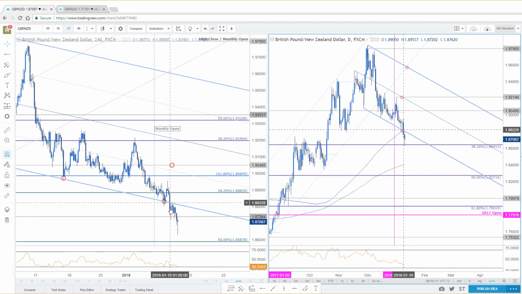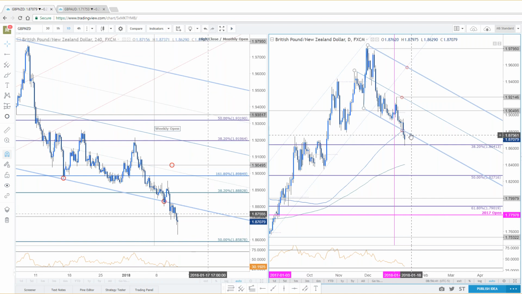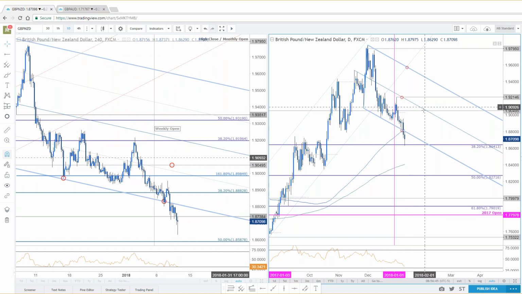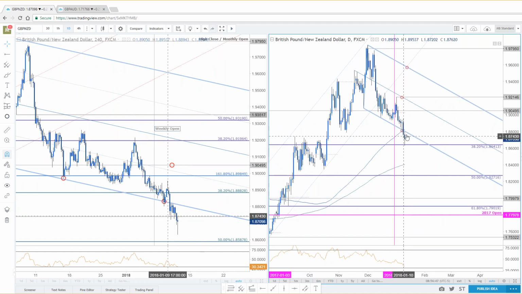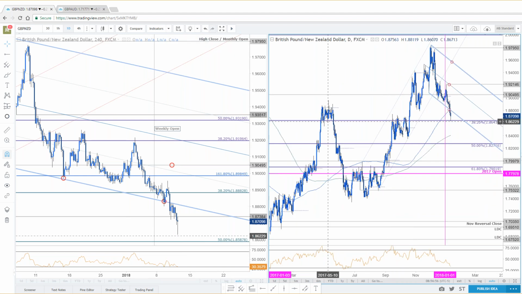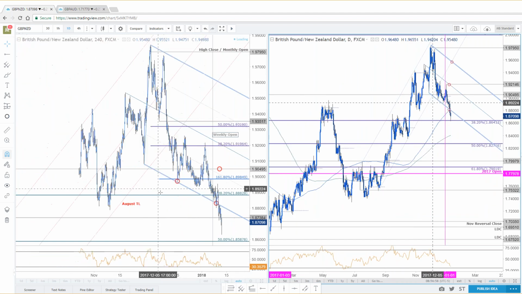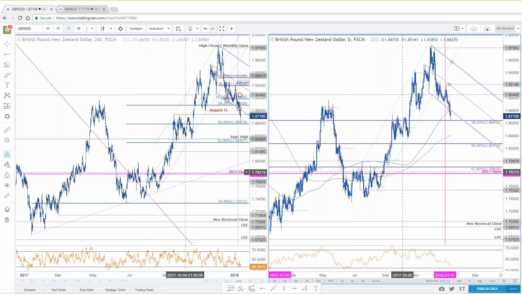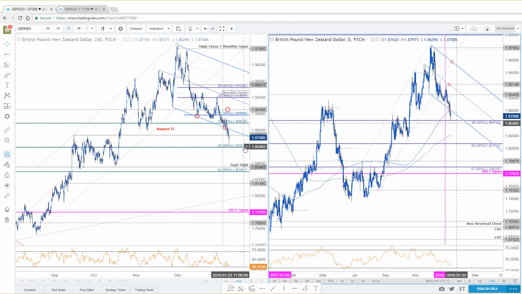We were talking about this yesterday, right? The fact that, look, it was breaking that confluence support, but I don't know. If it had closed the day back above 188, I'd still be looking to play the rebound. Well, long story short, we closed well below. Keeps the focus on the downside. Again, near-term support, that 86.41 level is the 38.2 on the daily chart that we were looking at. Near term, a 50% retracement of the advance from the lows that we made in June of last year gives you a little bit lower at 85.87.